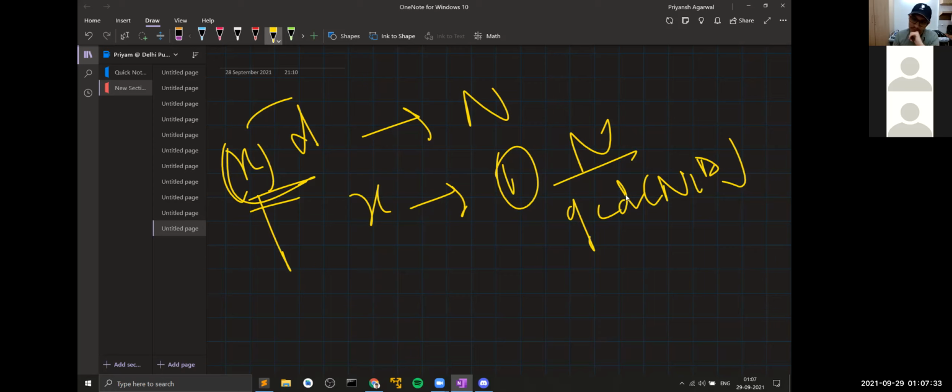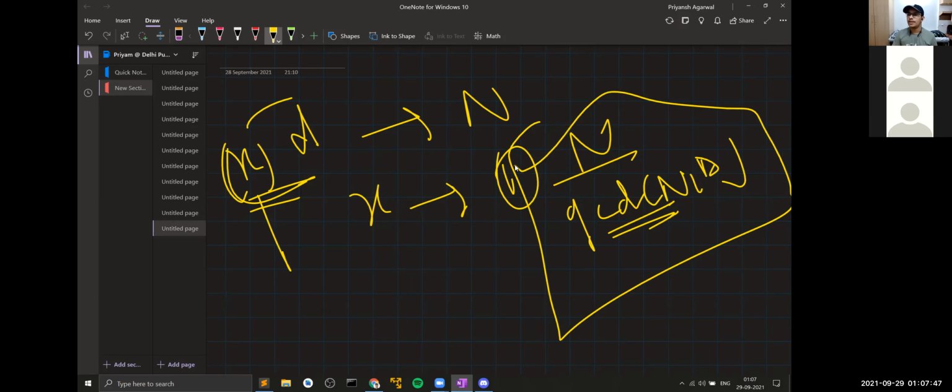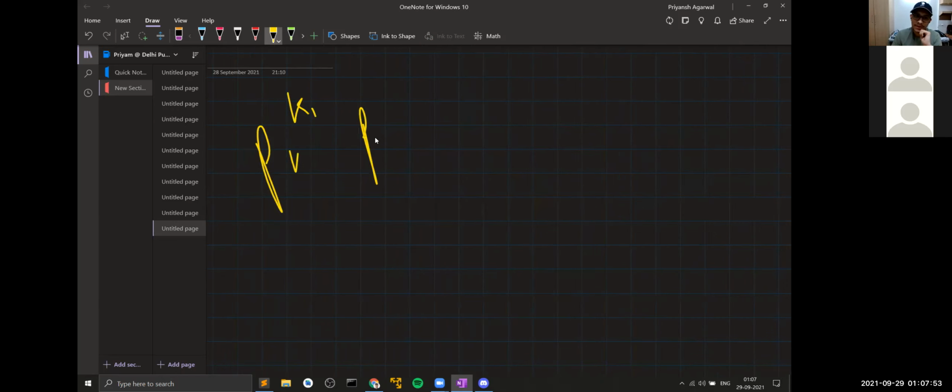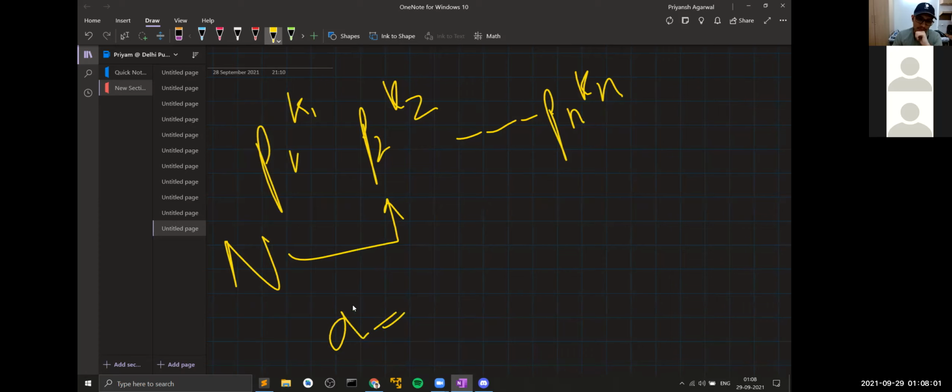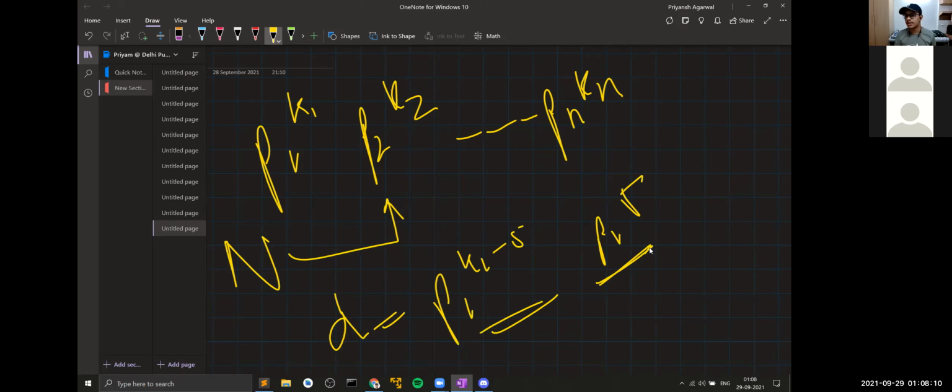Okay, give me a minute here. If you have something like this, you are removing all these multiples which are common in d and n by doing this, and you are including the other elements. For example, if you consider it in terms of prime factorization, something like P1 to the K1, P2 to the K2, and so on until Pn to the Kn, and n is your given element like this, and d equals P1 to the K1 minus 5, let's say. So essentially you would want to have P1 to the 5, right? You would have to multiply this number for that particular quantity to be a multiple of n.